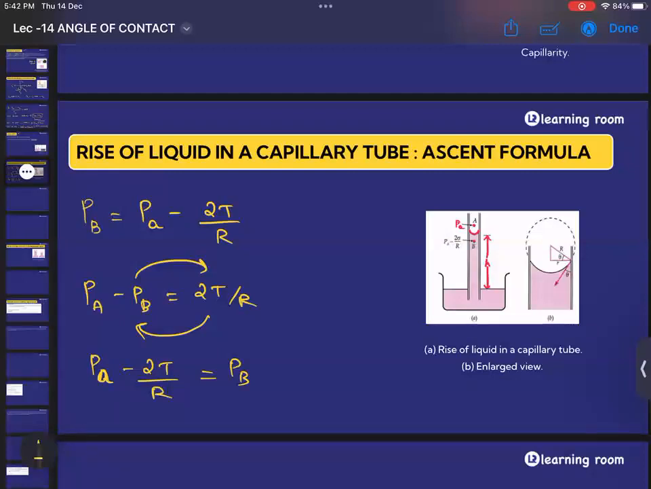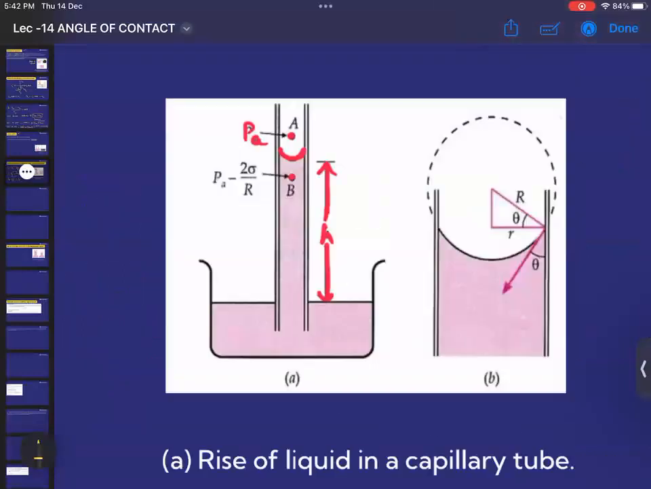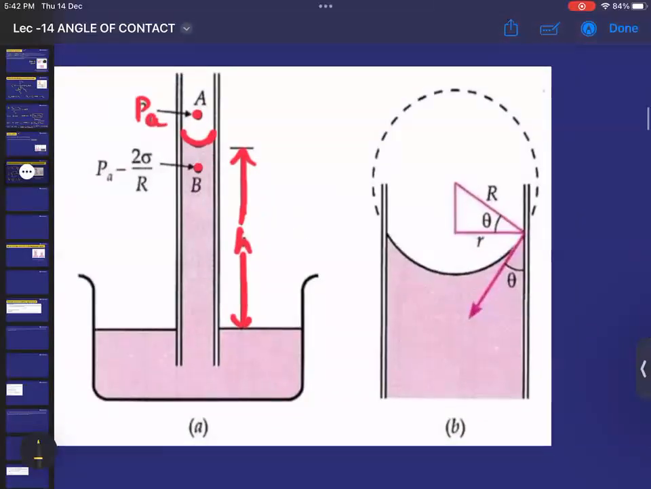Is the first diagram justified? Are you able to understand? Yes, sir. Now I need to justify the second diagram. So we'll be using two concepts, because whenever there is a rise in liquid,